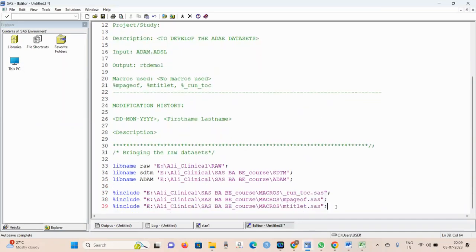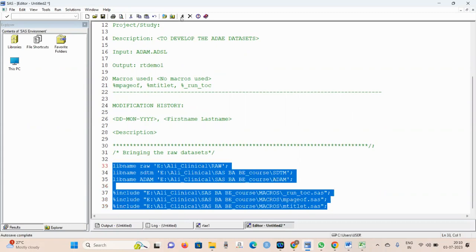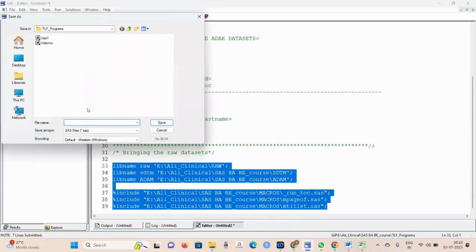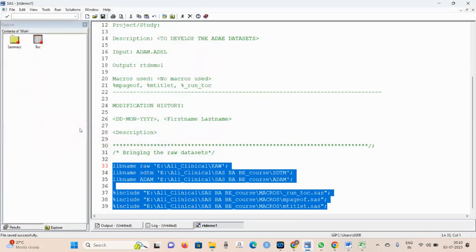Okay, so we have created the TOC, table of contents. So I gotta save this part as RT demo 1. Okay. Yes. So once you've done this one,